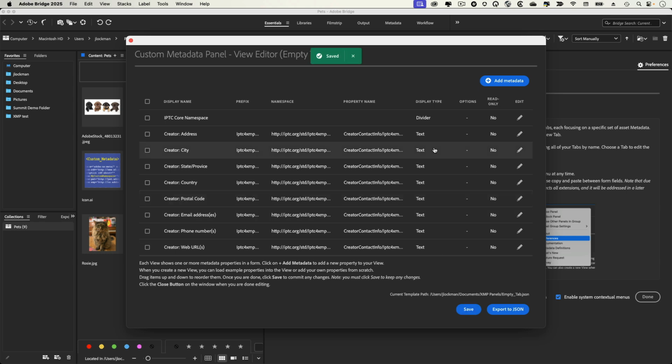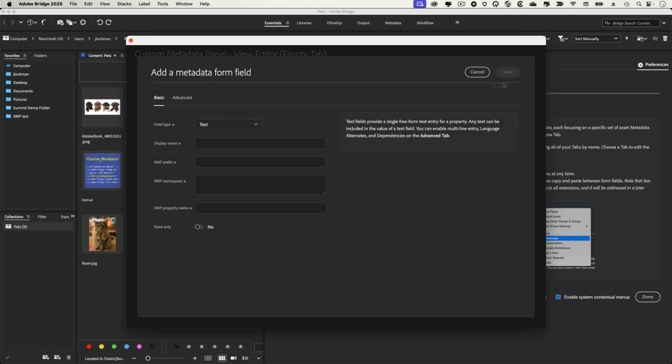So I'll hit save. And then let's go and add something completely new now. We're going to add a new text field. The display name will be pet name. And you can see we're doing some feedback where it tells you things have to be filled in or not. And I want to create a completely new namespace that doesn't exist. And this is coming from our example that we provide for you. So you have to give it a prefix, and you'll notice as I started to type, I'll backspace. It's starting to give me some options. These are namespaces that we know about, or prefixes that align with namespaces that we know about. And so we'll make those available to make it easier so you don't have to remember all of the details. So this new namespace from out of nowhere,